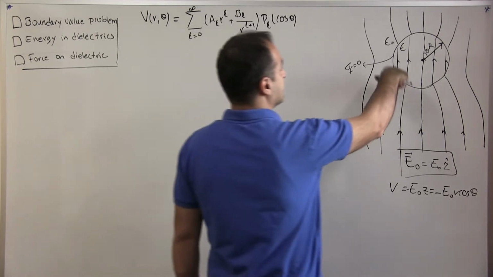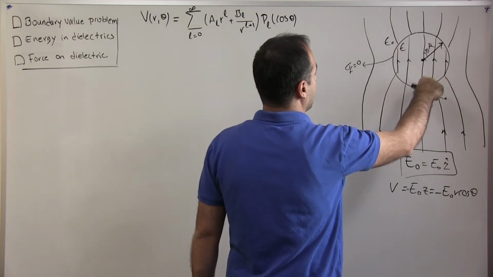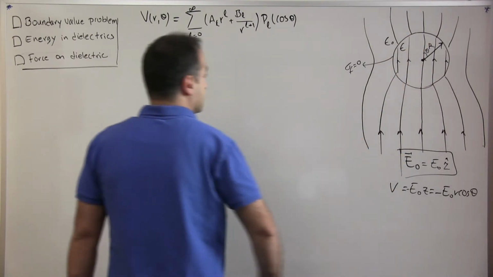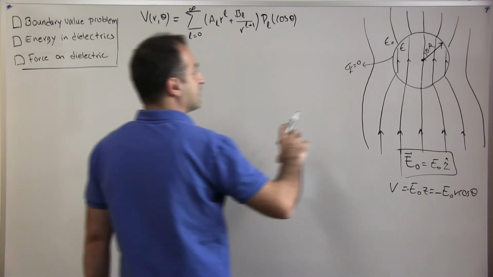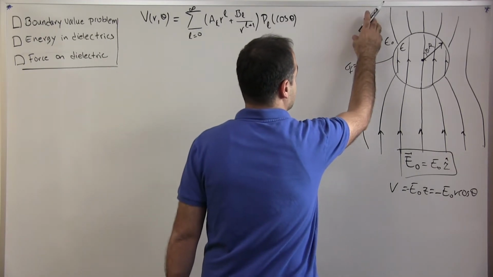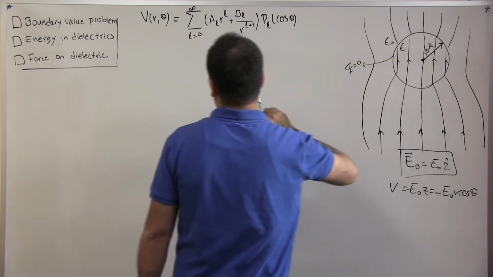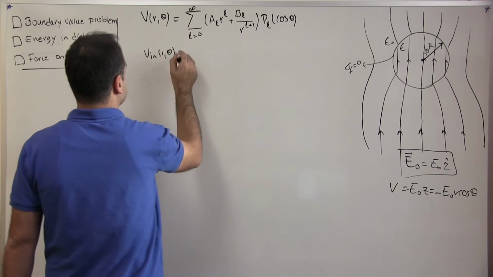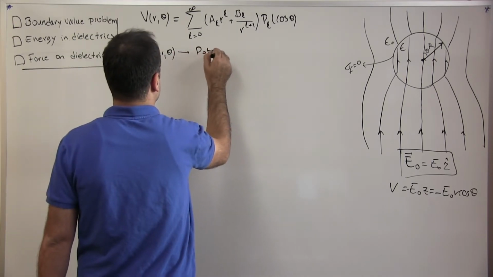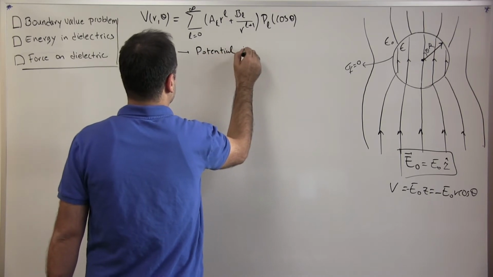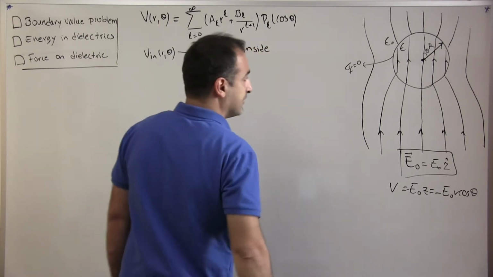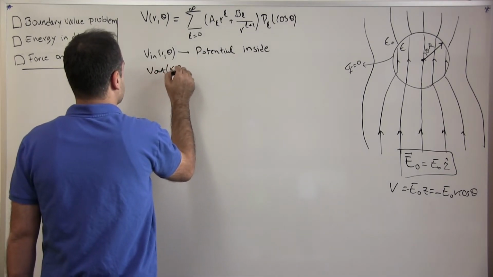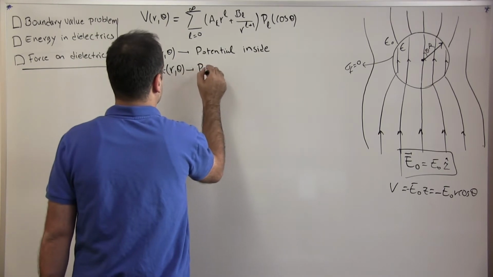The first one, let's look at the continuity of the electric field on the surface of the sphere. In order to look at that, I'm going to separate the function that describes the potential outside and the function that describes the potential inside. So we have two functions, V in of r and theta, which is the potential inside the sphere, inside the dielectric, and then V out, which is again a function of r and theta, is the potential